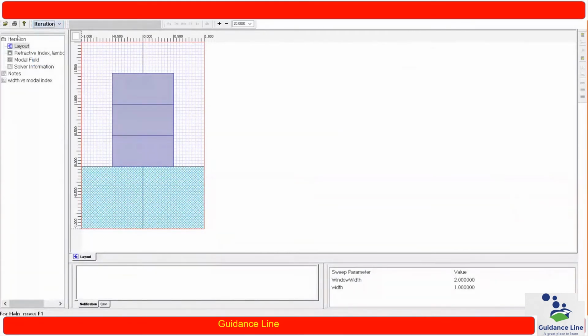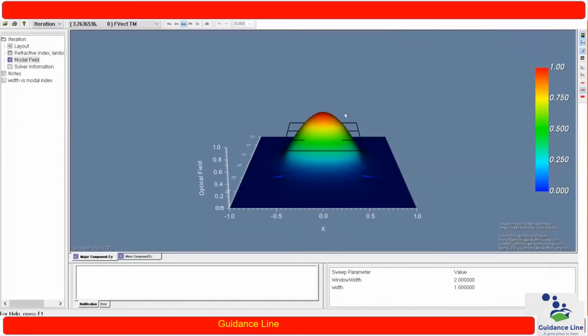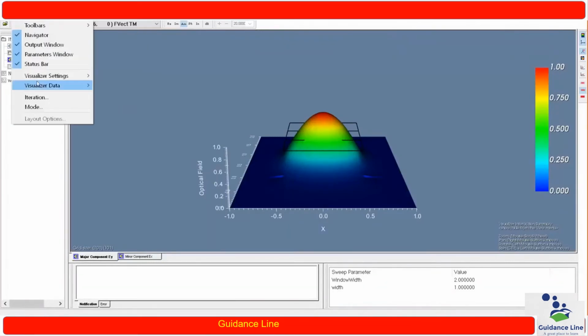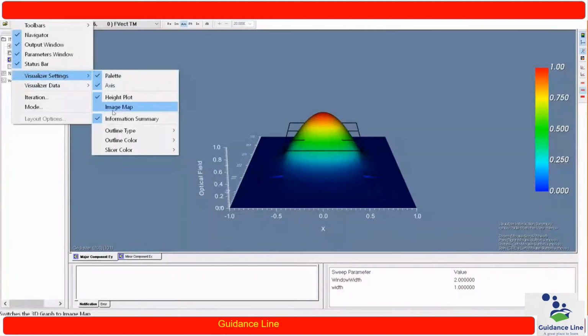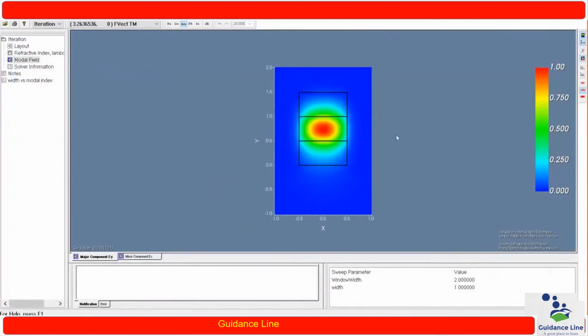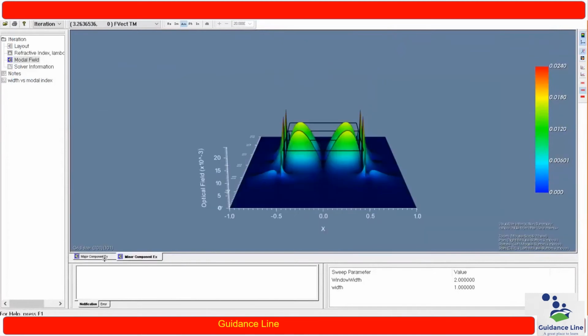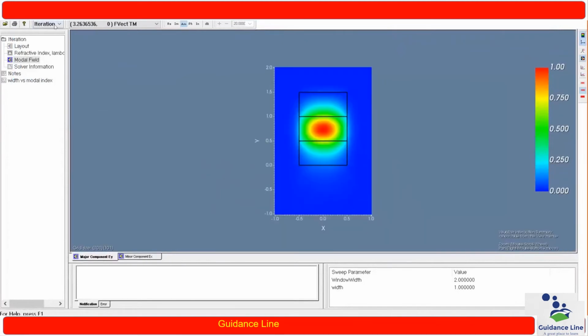Apart from that, on the left of the window we have refractive index, modal field and solver information. So if I click on modal field, you can see we have a modal value over here. Now let me change the visualizer setting to image map. Okay, so now you can see the modal values for different iterations.